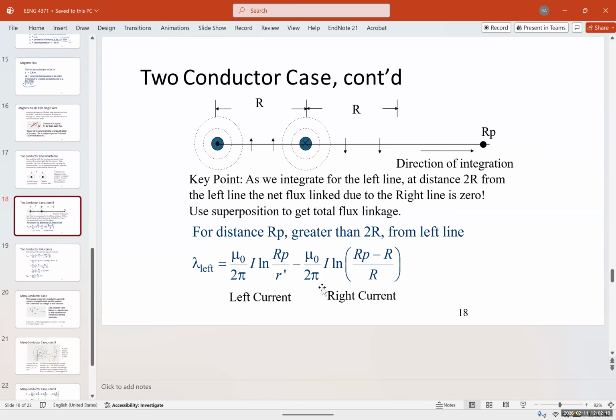Now, for a two-conductor case, the key point as we integrate for the left line at distance 2r from the left line, the net flux linked due to the right line is 0. Use superposition to get the total flux linkage. For distance rp greater than 2r from the left line, lambda left would be mu0 over 2 pi I ln of rp over r prime minus mu0 over 2 pi I ln of rp minus r over r. The left part is for the left current and the right part is for the right current. Again,